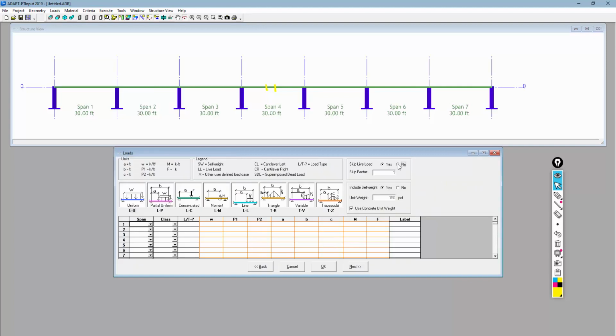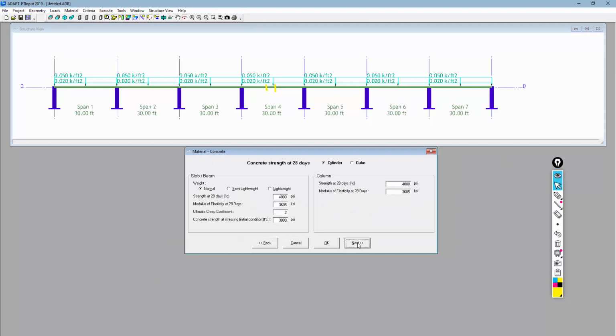For loading, I'm just going to turn off the skip loading for now, and I'll say that all of the spans have a superimposed dead load, and this is a uniform load. I'll just type U there. This will be 20 PSF, and we'll say that the live load is going to be 50. I need to make sure I change this to live load classification. The self weight is automatically calculated by this setting here,